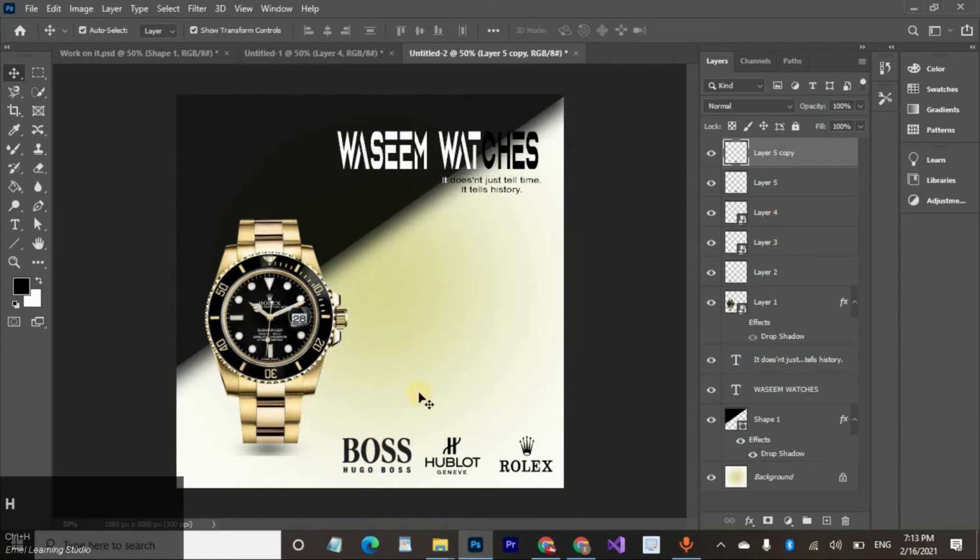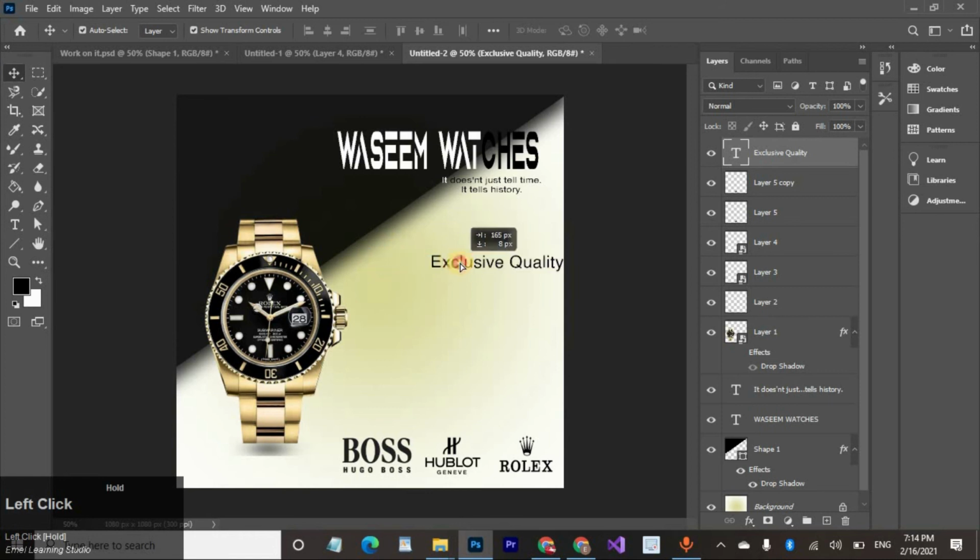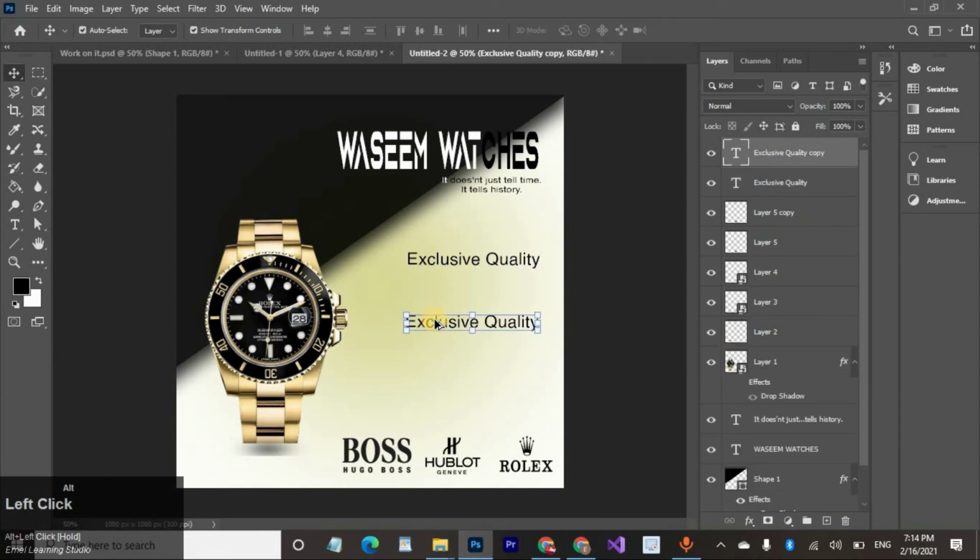Okay, now add properties here. Take the text tool and write it here. Press Alt, click and take a copy.